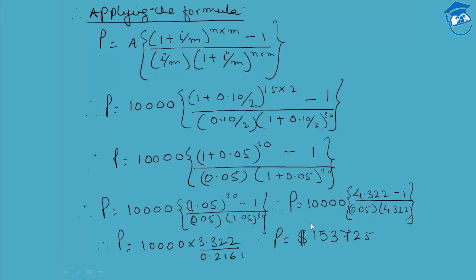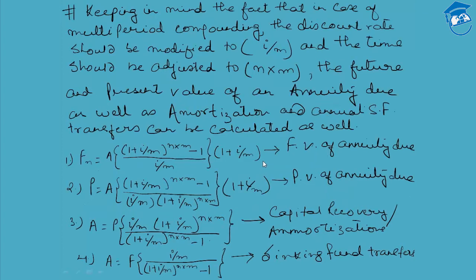So try to solve it by yourself and then see what is the present value you are getting, and try to justify your answer by asking yourself why exactly the present value under a quarterly multivariate compounding is different from what you got under the semi-annual compounding method. So if you work it out with this brief mental exercise, you shall be appreciating the concept better. Now students, keeping in mind the fact that in case of multivariate compounding, the discount rate should be modified to I upon m and the time should be adjusted to n into m,